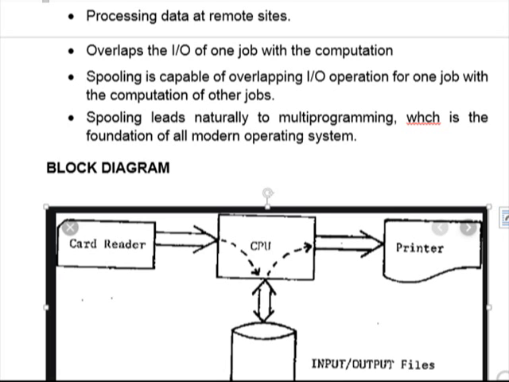Let us see the block diagram to understand spooling. In this image, we can see that input data is stored in some kind of secondary device, and this data is then fetched by the main memory. The benefit of this approach is that in general the CPU works on the data stored in the main memory, since we can have a number of input devices at a time. All these input devices can put the data into the disk or secondary memory. Then the main memory will fetch the data one by one from the secondary memory, and the CPU will execute some instructions on that data.